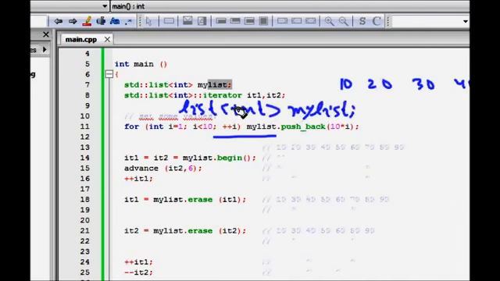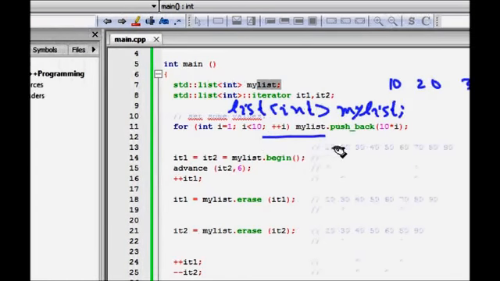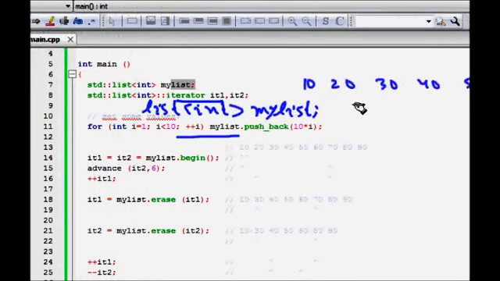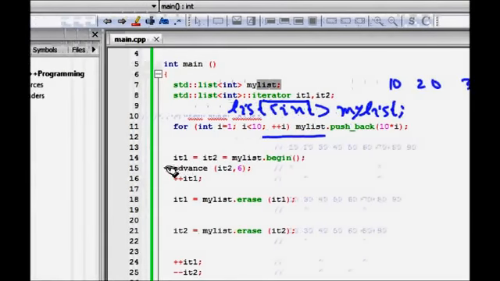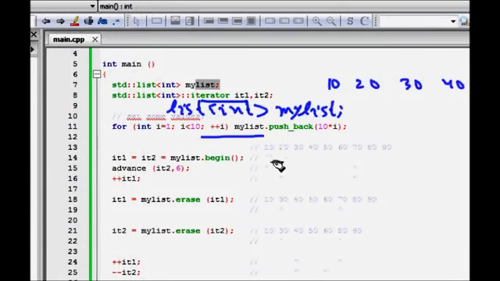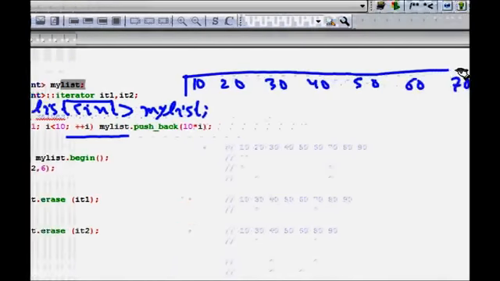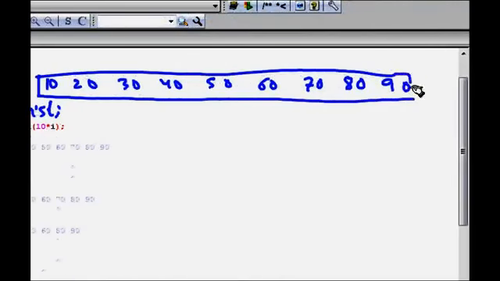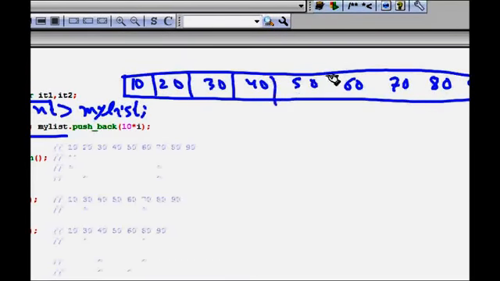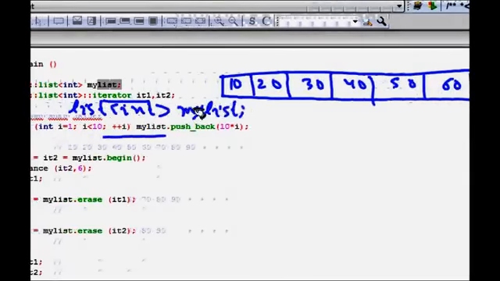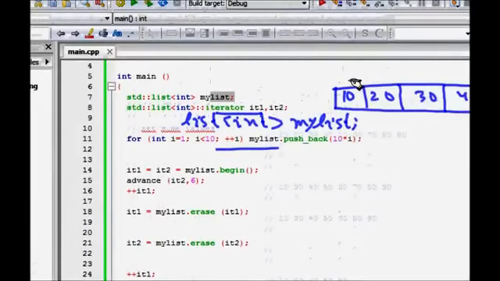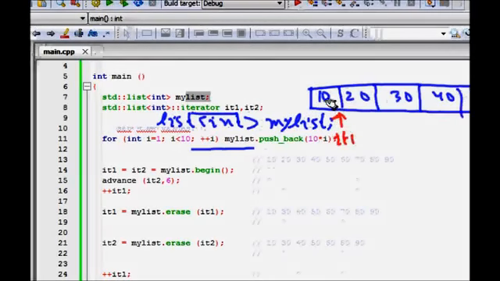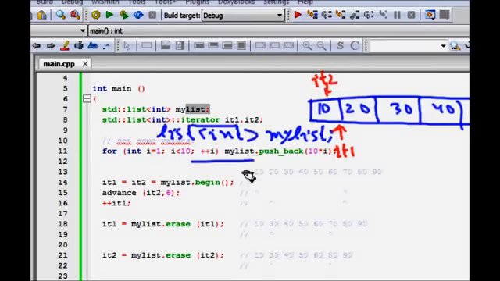Then I define my list. This simply says that your list is of type int, it can store integers. Then I also define two iterators, which means I can point to some elements using the iterators it1 and it2. So it1 and it2 both I make equal to mylist.begin. So this is my list, and I point both it1 and it2 to the beginning. So here they come. Let's put it in different color. So this is it1